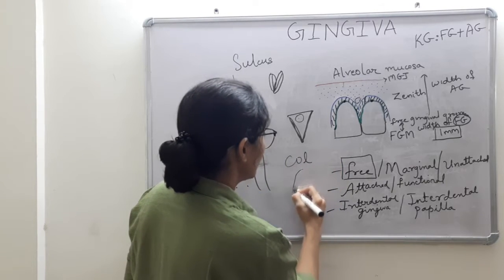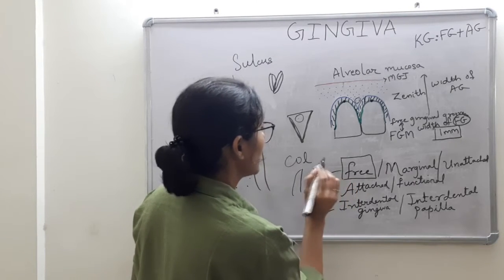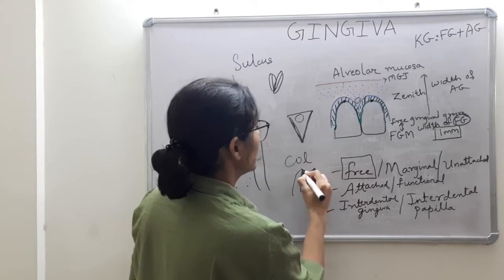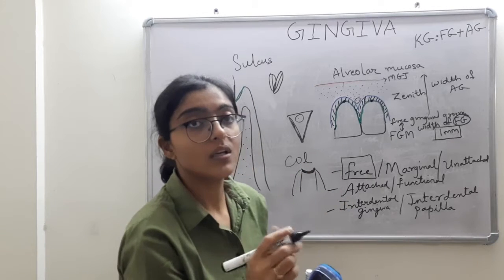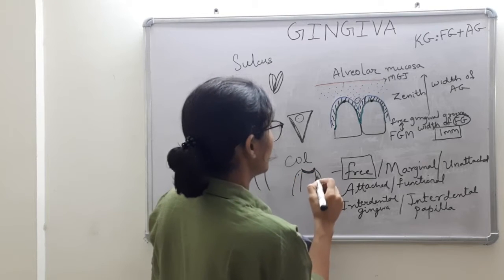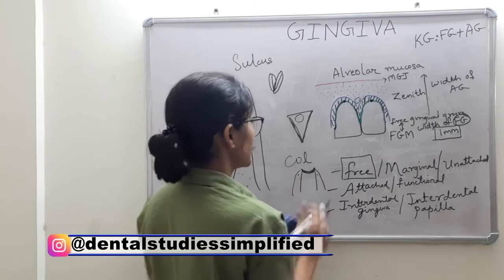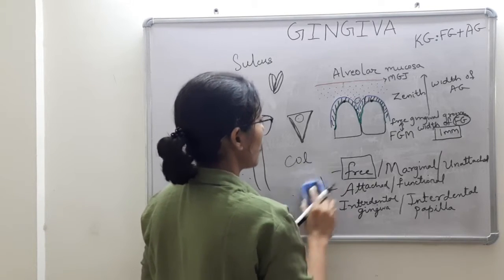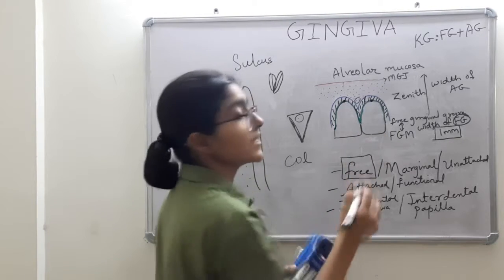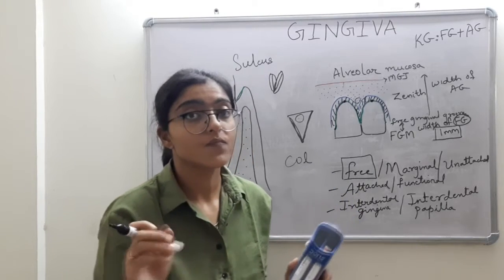See, I can draw a rough diagram. This is the facial aspect of the interdental papilla. This is the palatal or lingual, let's say. And then there is this valley-like depression. This valley-like structure is called col. This tissue connecting the facial aspect of the papilla and the lingual aspect of the papilla is called col. This is present in the posteriors because posteriors have contact area and anteriors have contact point. That is why they have a pyramidal shaped interdental papilla or interdental gingiva.